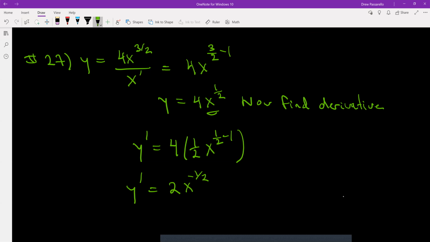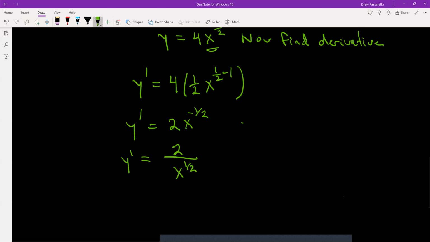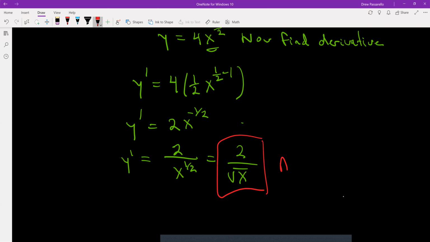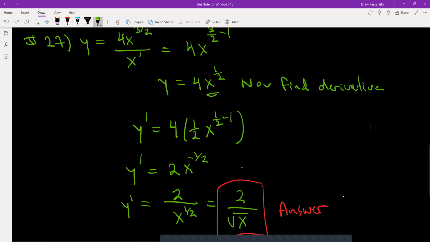Which I could rewrite so that there's no negative exponent by bringing it to the denominator. But we know the 1/2 power is the same thing as square root. So this is equal to 2 divided by square root of x. That is the derivative. All right, so that's that one. Now the next one